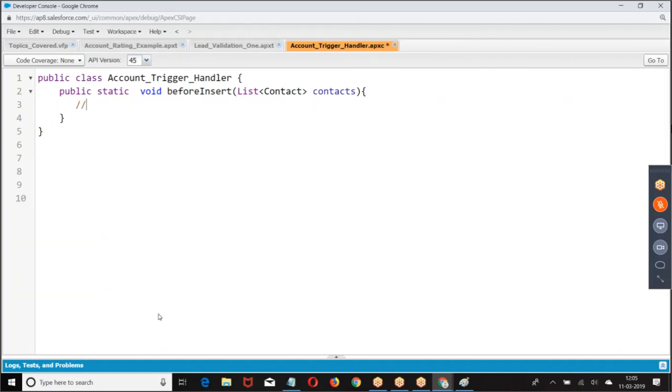So what is the first thing? Fetch those accounts for which new contacts are created. How are you fetching the accounts?